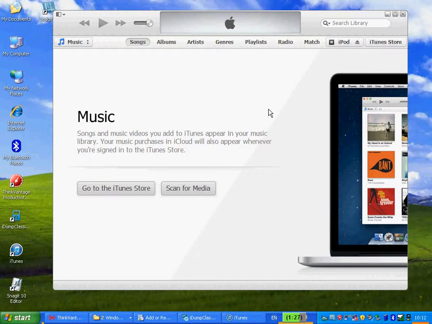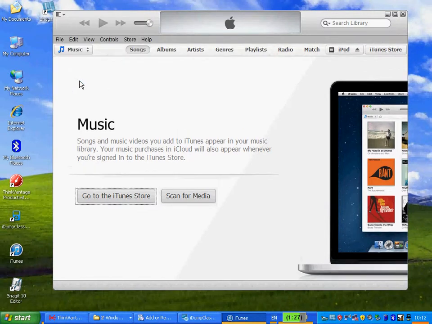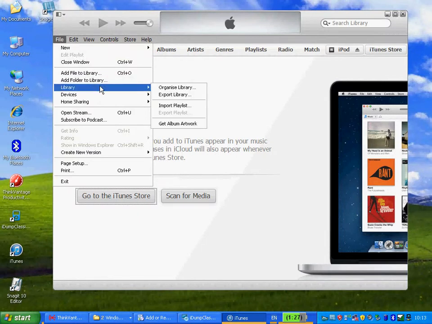So if you install and open up iTunes 11.1, you notice there's no sort of file menu here, which you're going to have to put back in for the moment. So what you do is come down to here and do show menu bar. Then from here you're able to do the file import playlist, this option here. Okay, so that would be after you've done the export from